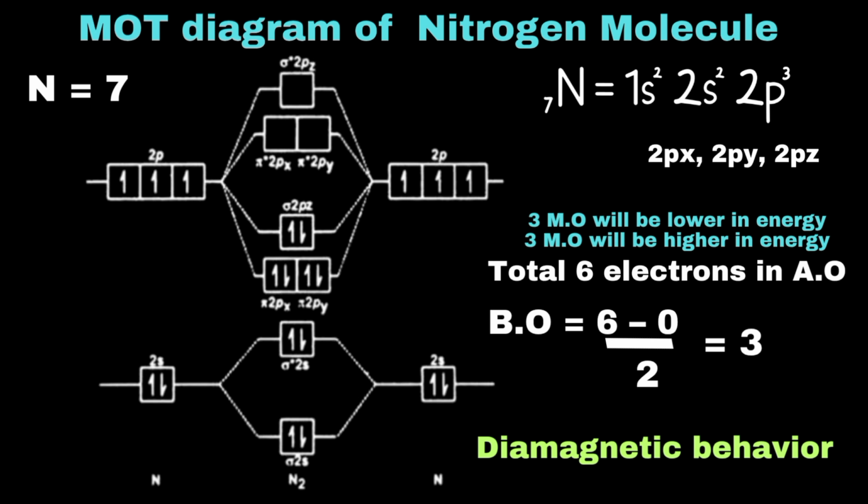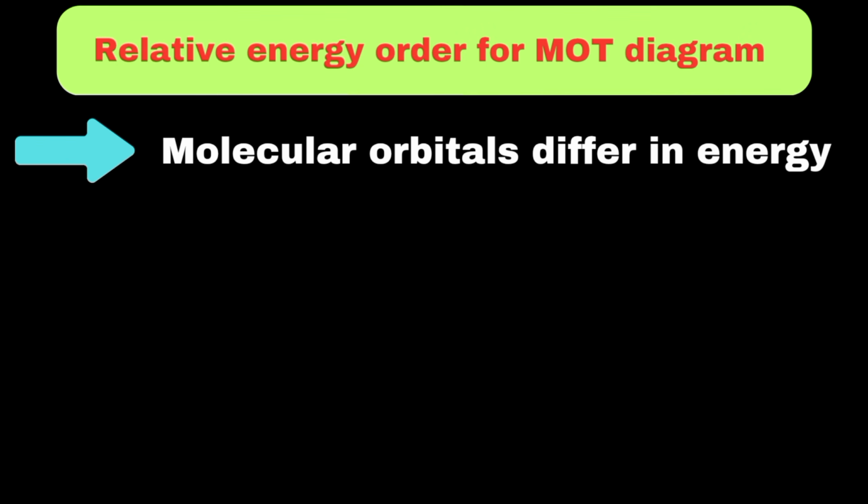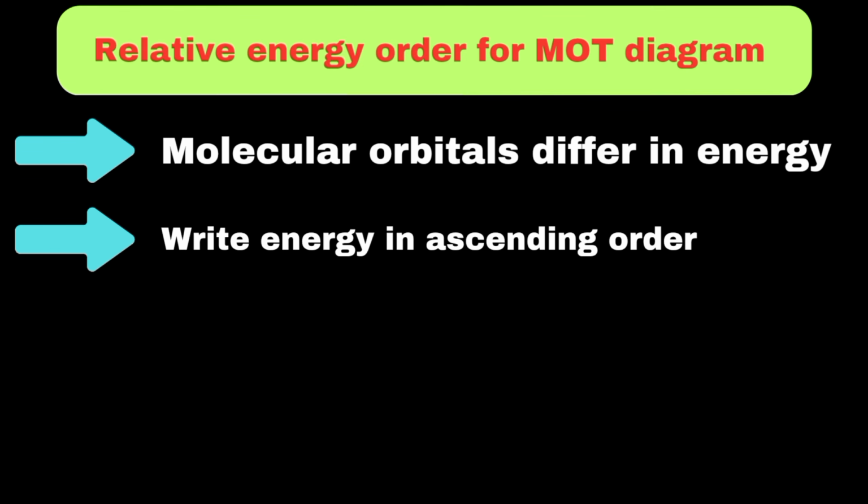Now we'll discuss how to write the relative energy order for molecular orbitals. Keep in mind that molecular orbitals formed are different in energy from each other. So, in order to assign them an energy order, we simply need to start writing their energy levels in ascending order. For example, in the case of hydrogen, as mentioned above, sigma 1s will have lower energy than sigma star